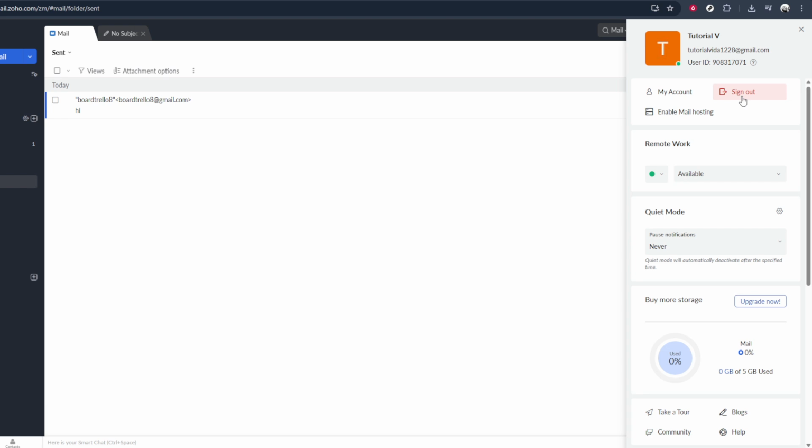You should either be redirected to the Zoho Mail sign-in page or to a confirmation screen letting you know that you've successfully signed out. At this point, you're safely logged out. If you are on a shared or public computer, it's a good idea to also close the browser tab or window, just to make sure no one can go back into your session. And if you ever need to log back in, simply return to the Zoho Mail page and enter your login details again. That's all there is